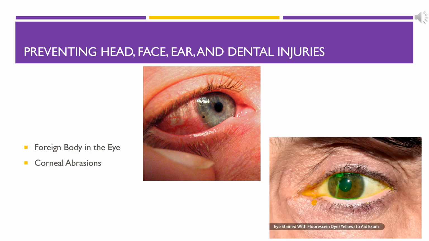This causes extreme irritation to the eye, resulting in redness, itchiness, and discomfort when blinking or moving the eye. Foreign bodies in the eye should not be removed until the individual has been referred to a medical facility that can remove it without causing further damage to the cornea. After the removal of the foreign body by a medical professional, the eye is stained with fluorescent dye that basically gets stuck in that abrasion